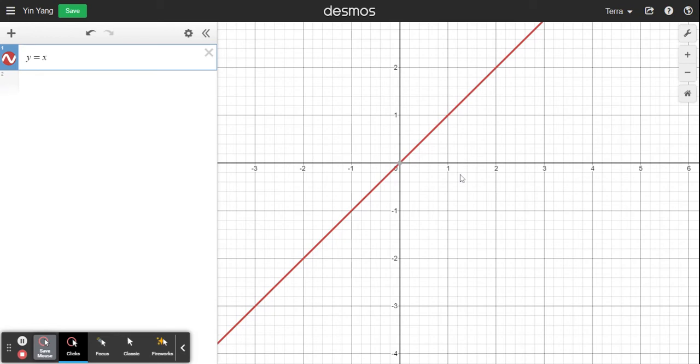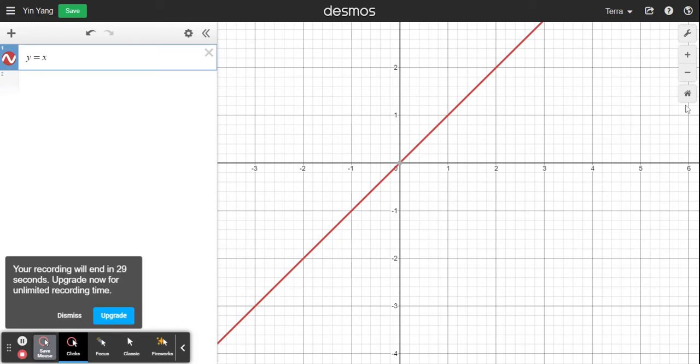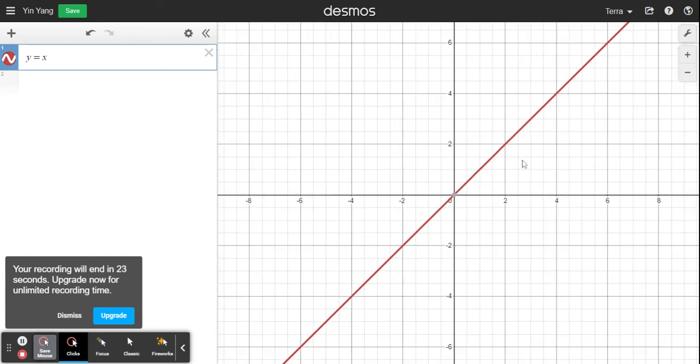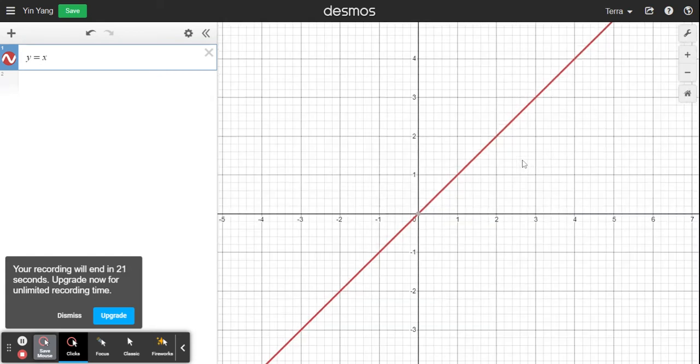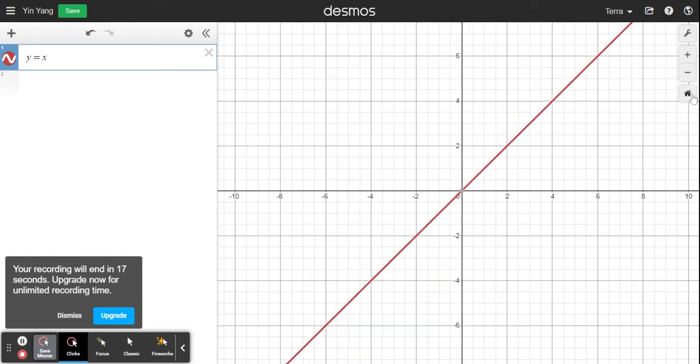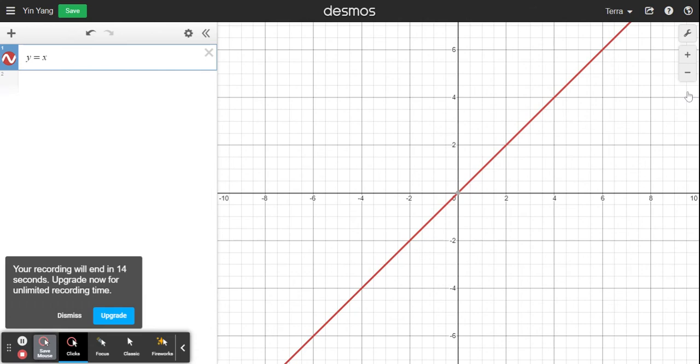So they've changed the increments here. But if you want to go back always to the one that you had, you can just click on the home button. If you have a mouse that scrolls, you can also zoom in by scrolling on your mouse. And again, I can get back to home by doing that. We're going to leave the tools for a different time. When I want to put a new equation, so I'm coming back over here to equations, when I want to put a new equation in,